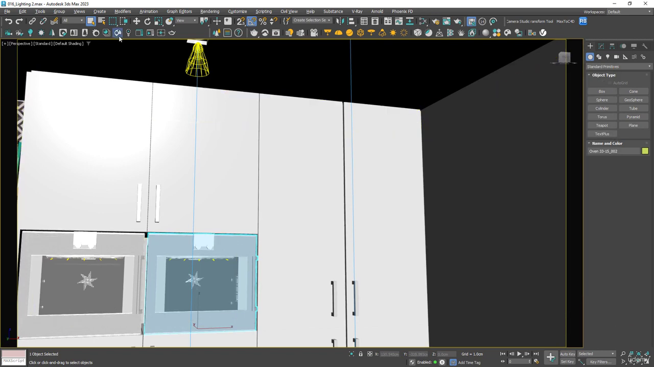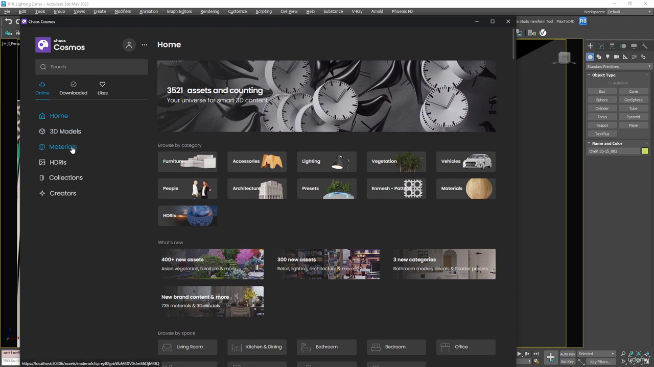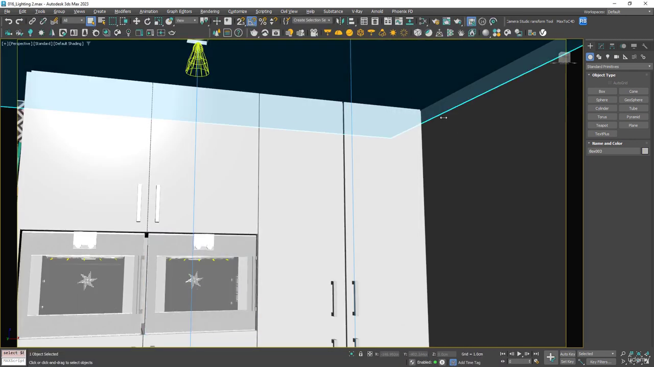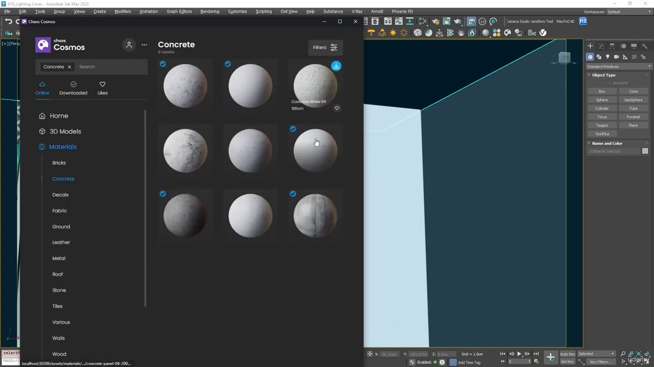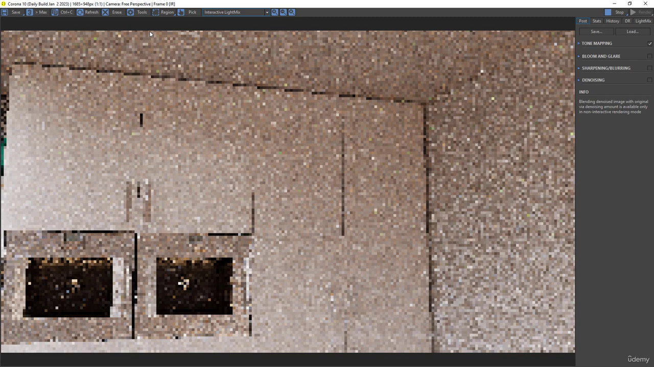And I'm going to jump into Cosmos. And let's go to Materials. And this time I'm actually going to go to Concrete, and this Concrete White is quite nice, so I've downloaded that. And let's just select our ceiling and our walls. And let's apply this concrete white wall, and let's try that interactive render again,